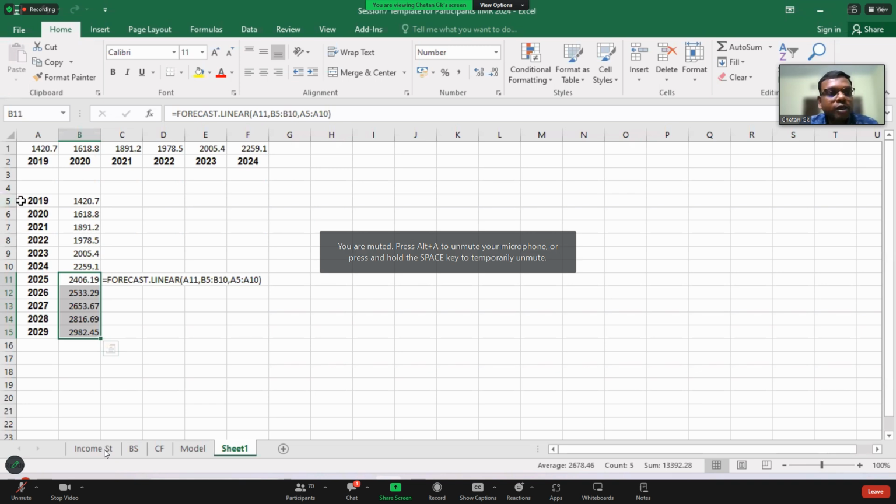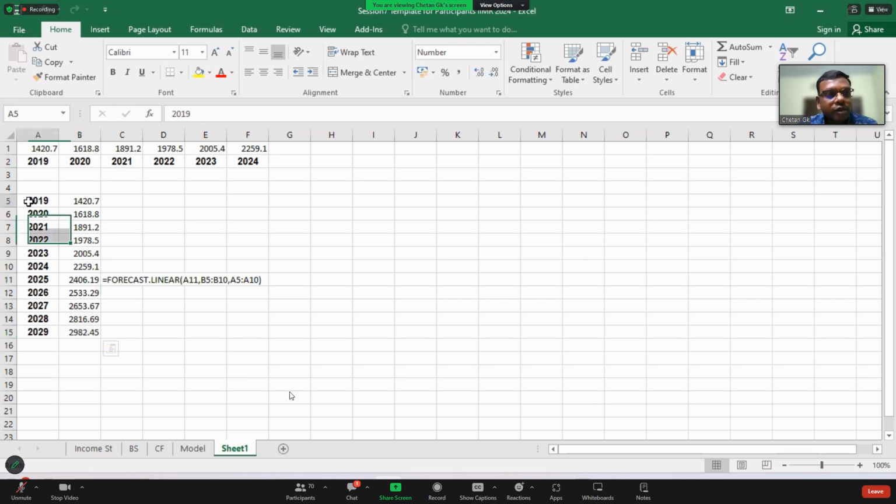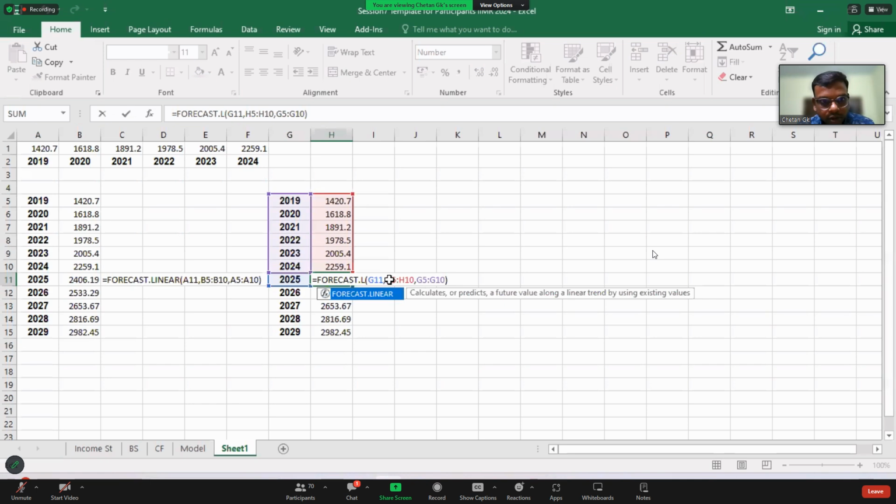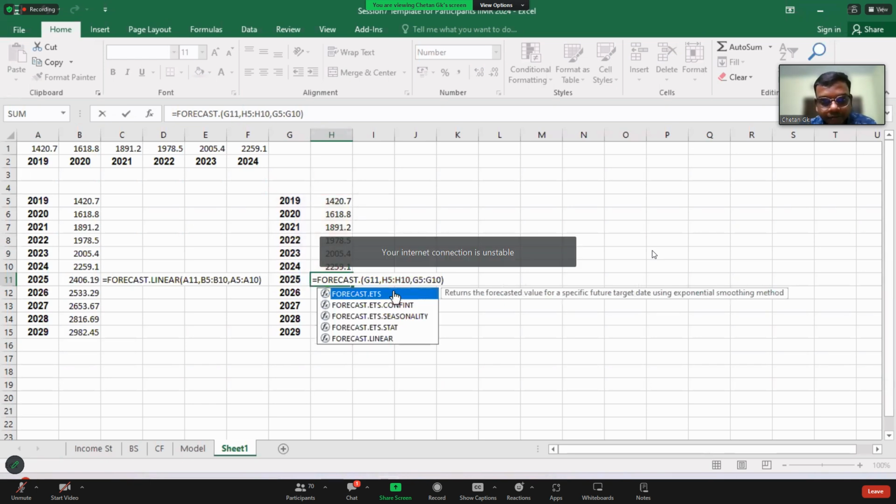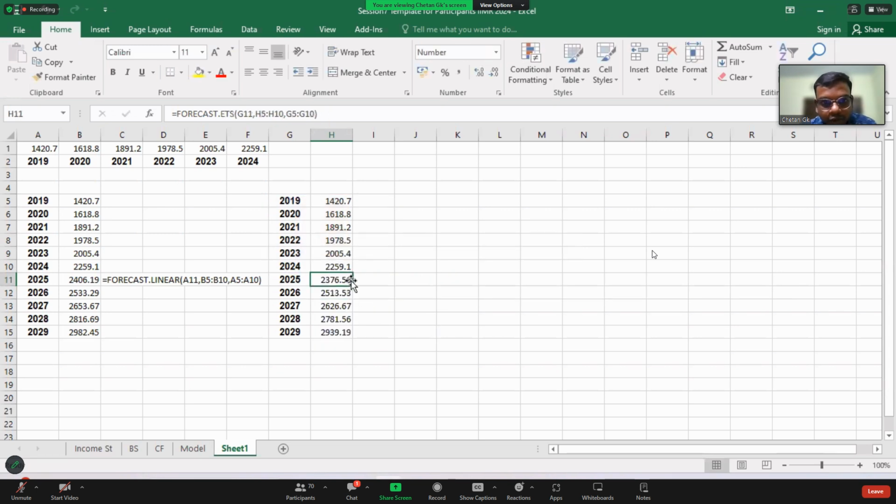Okay. So I can also show you one more for exponential forecasting, trend forecasting. I click enter and you can see what has happened.